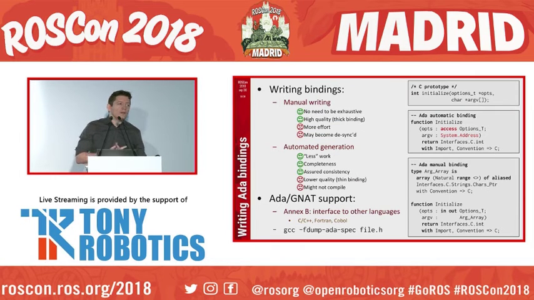So when writing a binding, you have two ways to go. Basically, you can do it by hand, which results in better code because it's written by a human, and it has the spirit of the language. Or you can go with an automated tool, the advantage of which is that it gives you perfect matching between functions in both languages. Each has its advantages and its problems. Ada has support for both because you can generate Ada specifications from C headers. And in the end, what we did was to